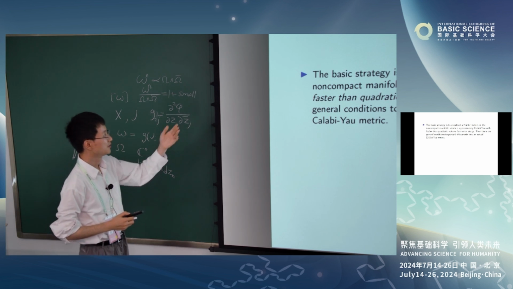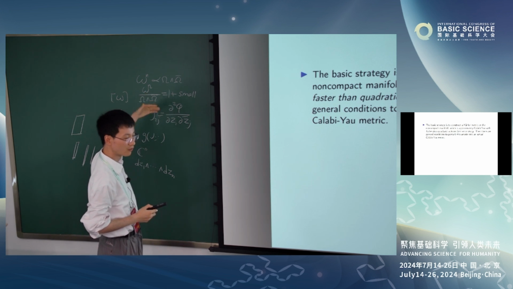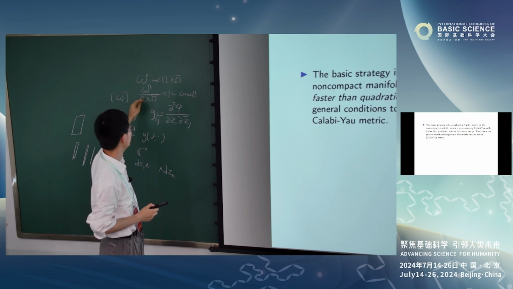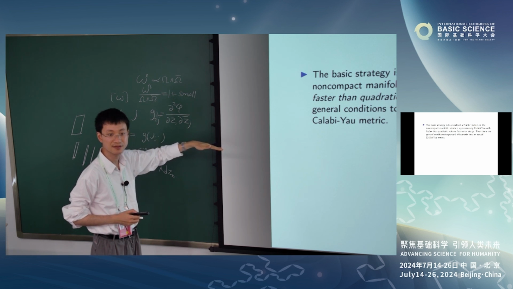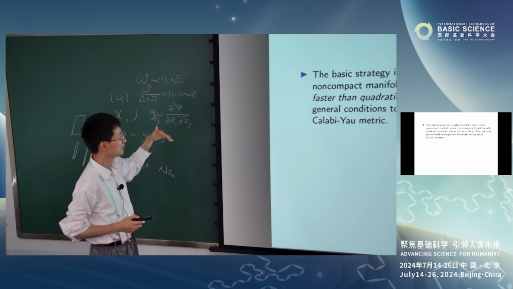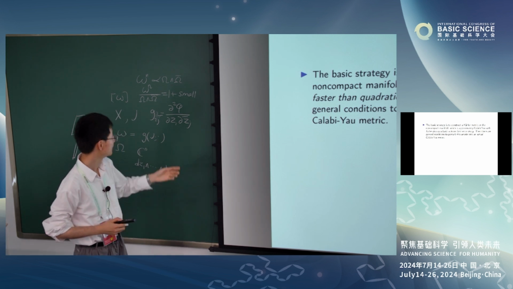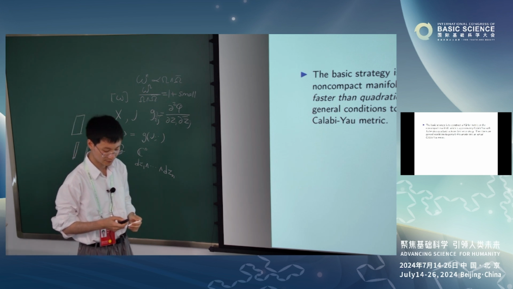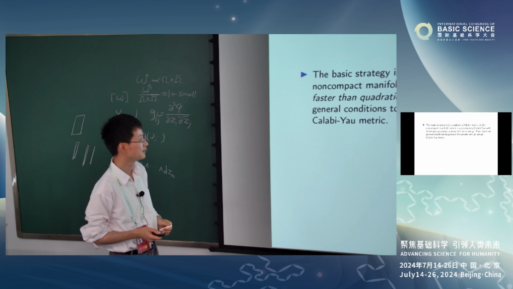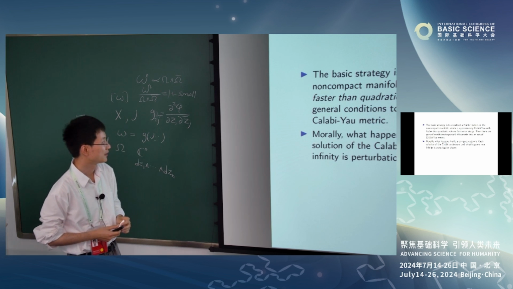Now, what the strategy means is that if you can first write down some omega, whatever the source of omega is, so suppose you can write down something where this small thing decays sufficiently fast near infinity, then there is some general machinery which allows you to perturb this ansatz that you write down into an actual Calabi-Yau metric. So this is the philosophy of this analytic approach. So morally, what happens inside a